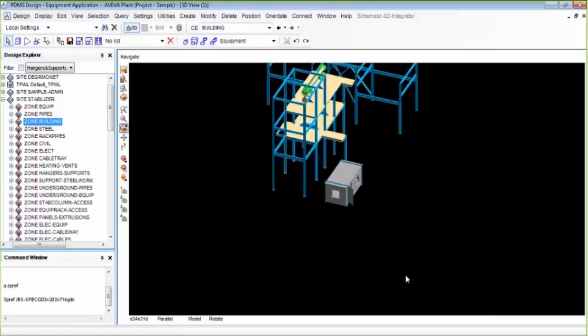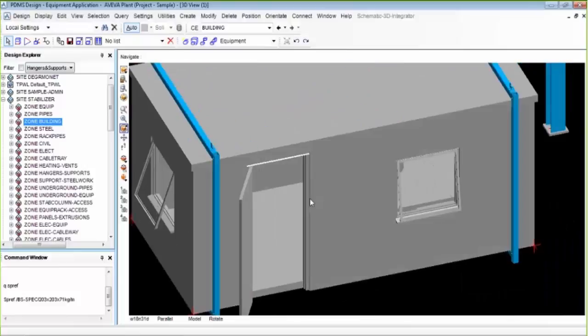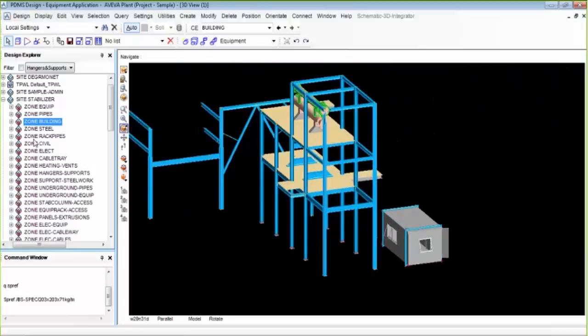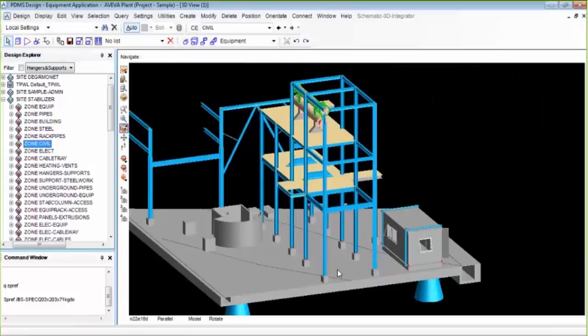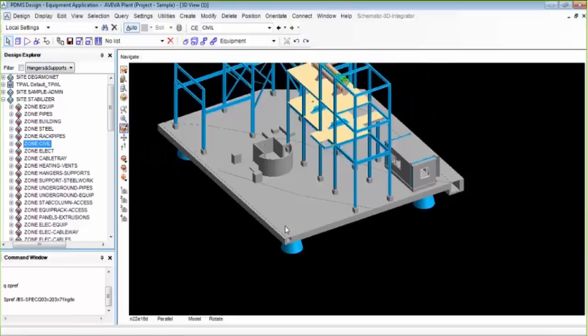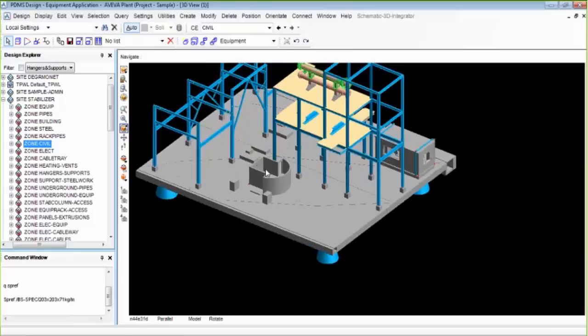We can also create buildings with proper windows, doors, and other details. All the civil items can also be created, like trenches, floors, equipment skirts, foundations, and all these items.